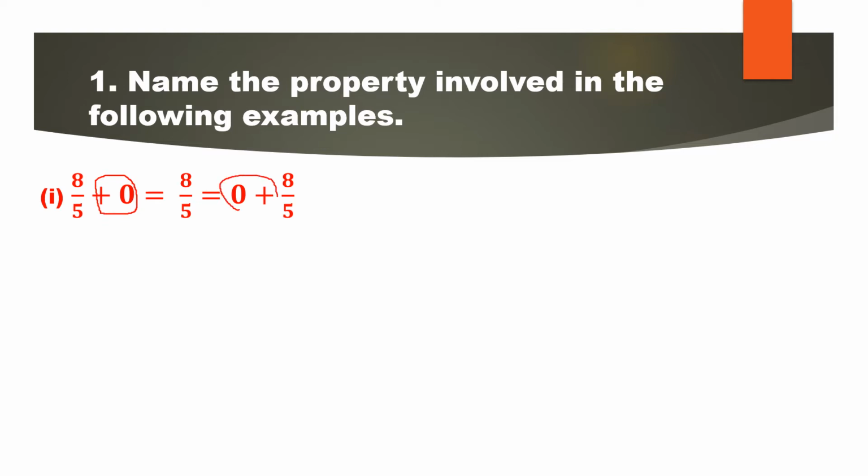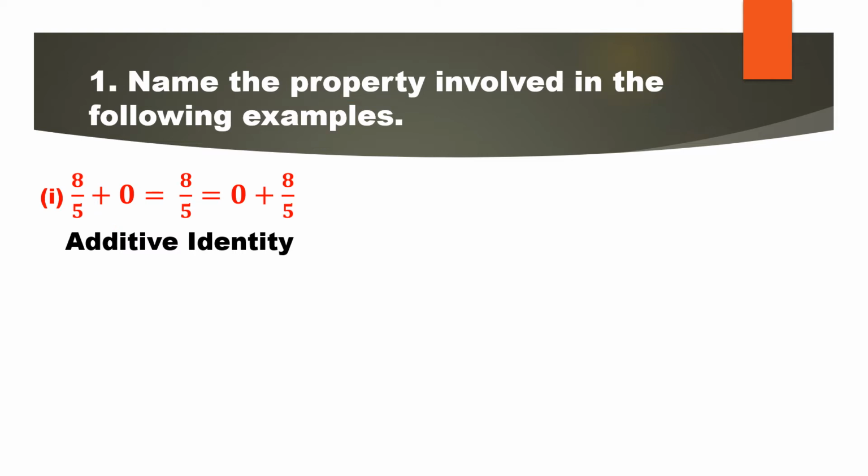The same answer, because when you add 0 to any number it will give you the same answer. So when it gives the same answer, that means identity. When addition, so additive identity, so it is 0. So 0 is the additive identity. The property we are using here is additive identity. Just remember, whenever 0 is added to any number, the property used is additive identity. If we ask about 1, then you can say multiplicative identity.